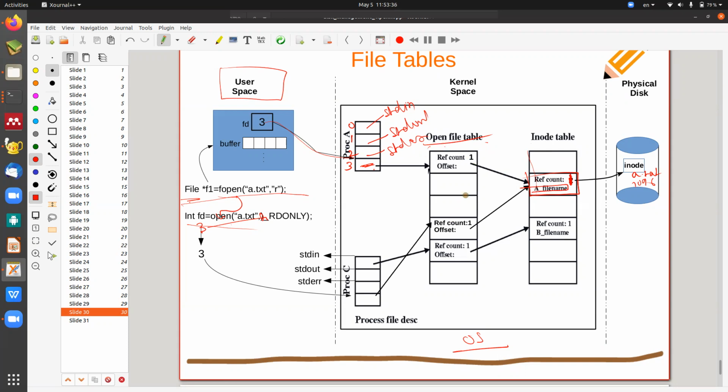You will ask, sir, why was this also created? One was the link, that was right. But what it does after some time, when you open it, FD becomes 3. 3 is an index. If 3 is the index, something will be written inside it. What will be written? It maintains an entry here. What entry will it maintain? Whom is it referring to? This. And here the reference count is now 1. Along with this, it maintains an offset. What is the offset? Which character does it want to read now? Which character? 0.